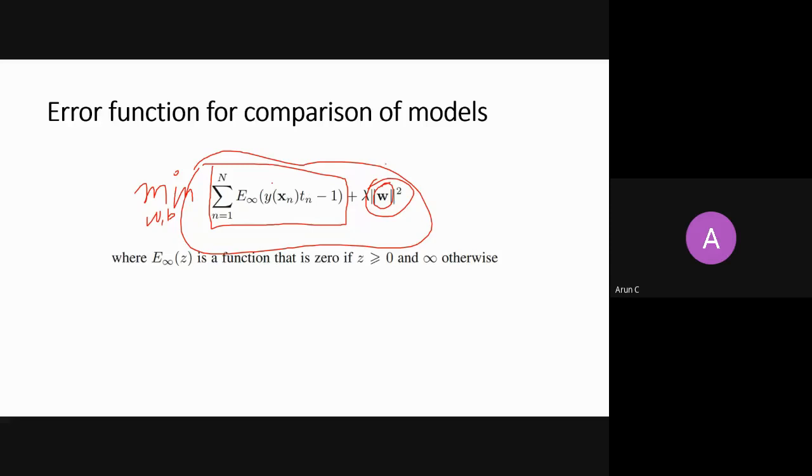It means either this term should be equal to 0. When this term is equal to 0, it means you are saying my y_n t_n equals 1. Either this should be equal to 0 or greater than 0. It means when this term is equal to 0, you are talking about the support vectors, or when it is greater than 0, you are talking about those points which are beyond these margin hyperplanes, right? So either this is equal to 0 or greater than or equal to 0, then the cost will be 0, right?